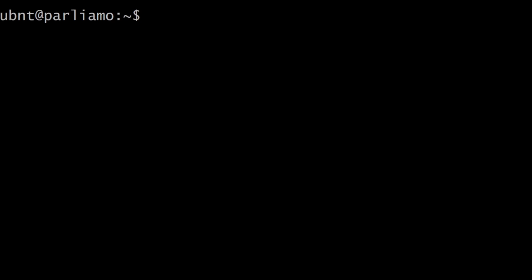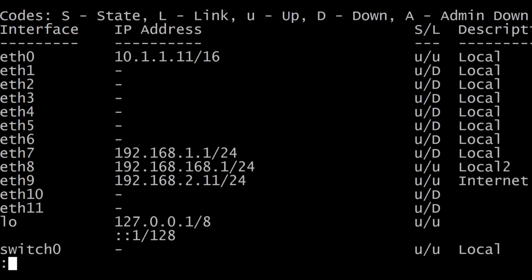There are a couple of commands that are the same, but most are different. First thing to do is to ask it to show us the interfaces. And there you see the interfaces, and there are 12 of them starting at Ethernet 0 to Ethernet 11. There's also the loopback interface and then some switch interface.